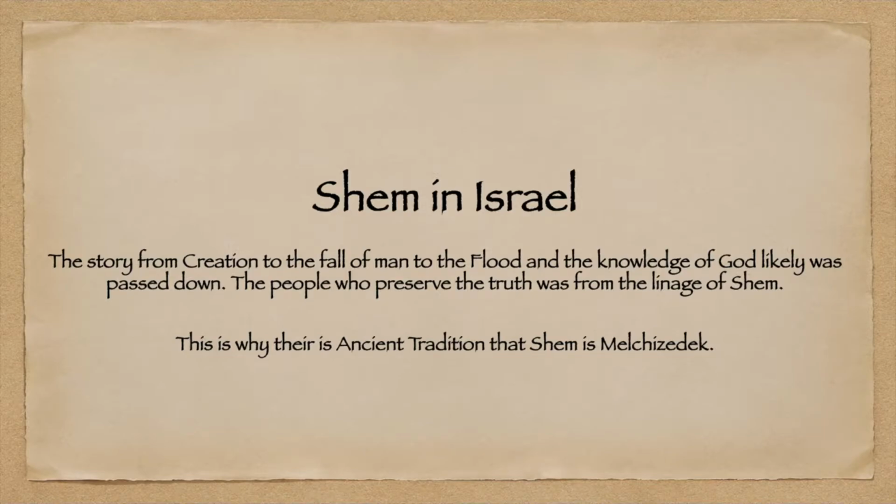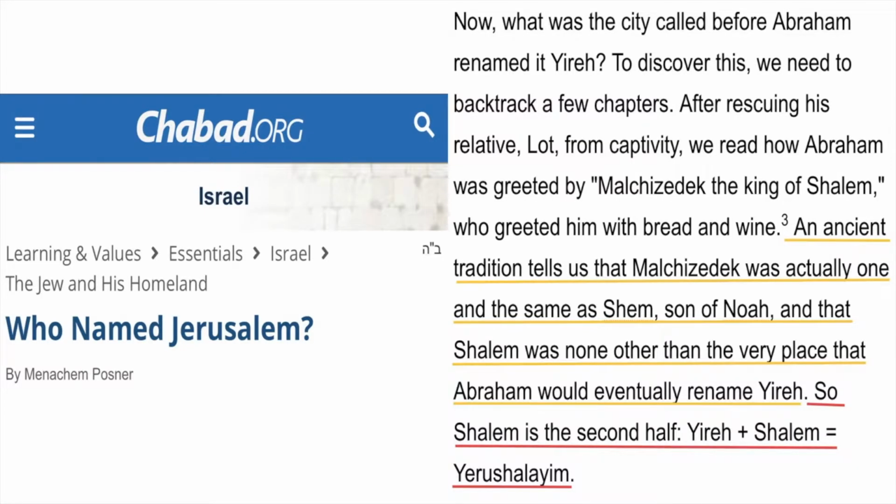The story from creation to the fall of man to the flood and the knowledge of God was likely passed down. The people who preserved the truth was from the lineage of Shem. This is why there is ancient tradition that Shem is Melchizedek. This is from Chabad.org, who named Jerusalem. And it says, an ancient tradition tells us that Melchizedek was actually one and the same as Shem, the son of Noah,